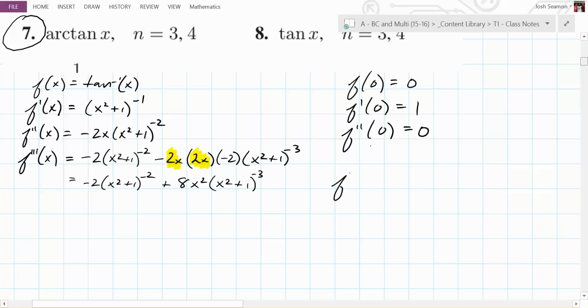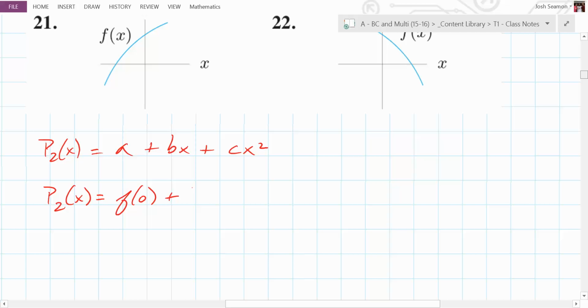Okay, so we've done. We have f triple prime at 0, is it negative 2? Seems like it, yep. Plus f prime of 0 over 1 factorial times x to the first, plus what? Not a rhetorical question, tell me. F double prime at 0 over